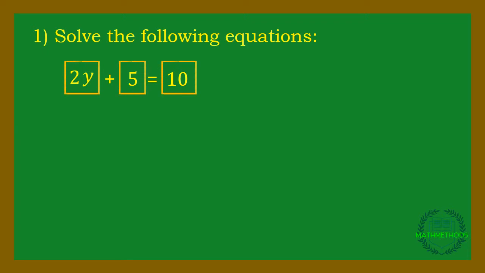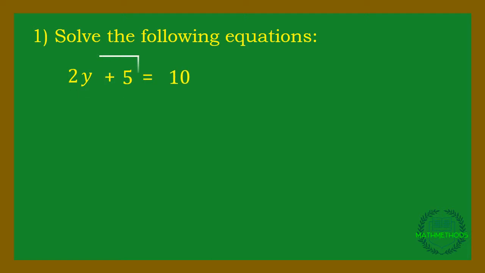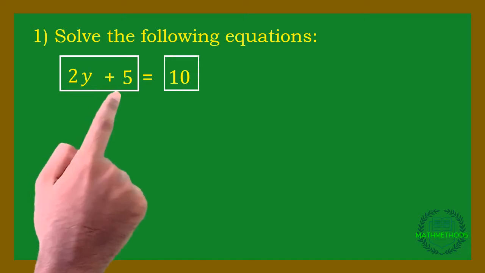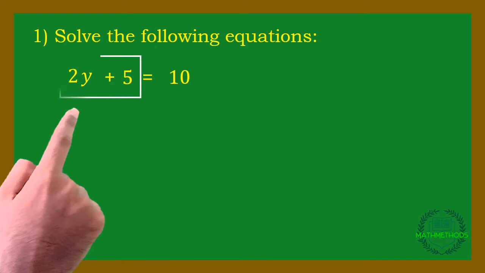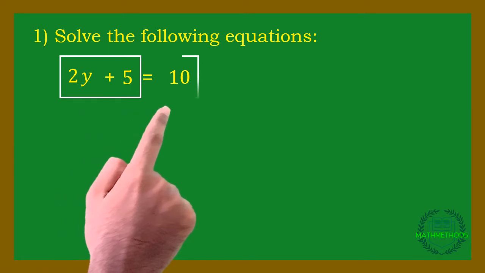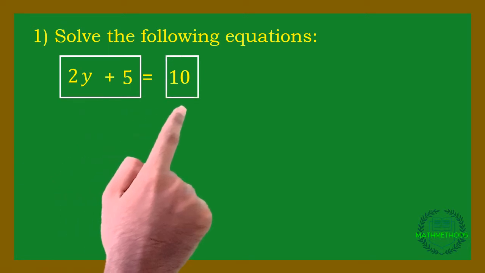Variables or numbers separated by the plus or minus sign are called the terms of the equation. Two or more terms combined together by a plus or minus sign form an expression. An equation consists of two expressions connected by an equal sign. Expression to the left of the equal sign is the left hand side of the equation, and expression to the right of the equal sign is the right hand side of the equation. With this basic information about the equations, let's proceed to solve some simple equations.